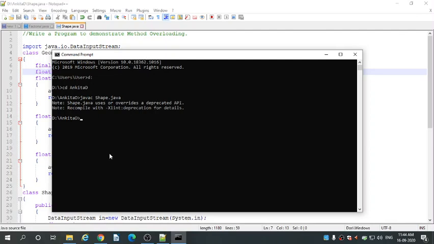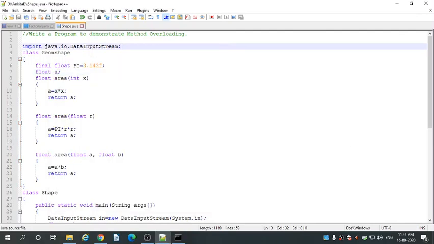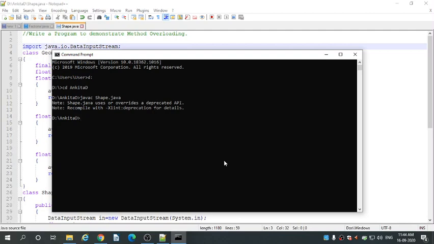Error didn't come because there is no error. So run the program: java, program name, shape. Okay, and press enter. It will ask you to pass an argument.